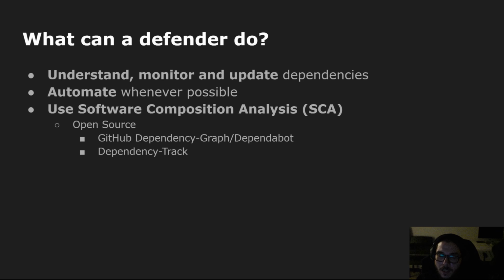SCA is a tool that identifies vulnerabilities in components and license compliance issues and tracks dependencies. Integrating SCA into the SDLC can help with the continuous and early detection of issues with components. So there are many paid and open source SCA technologies. If you're not into writing your own, of course, you may not have the resources.